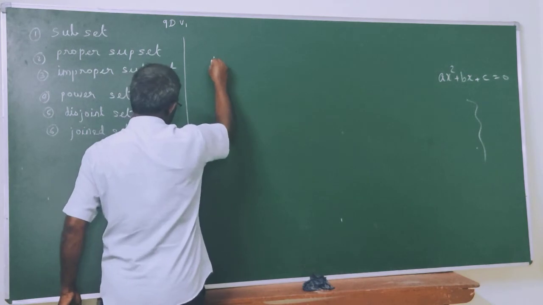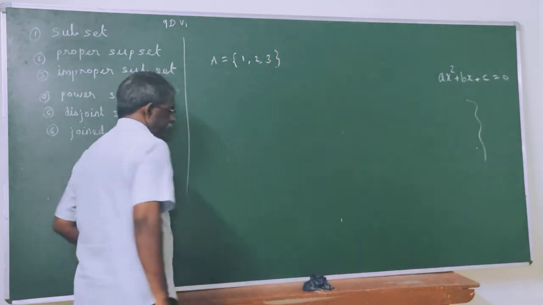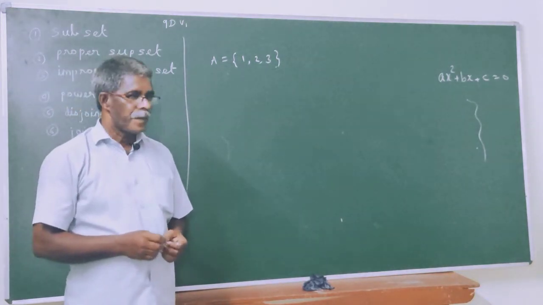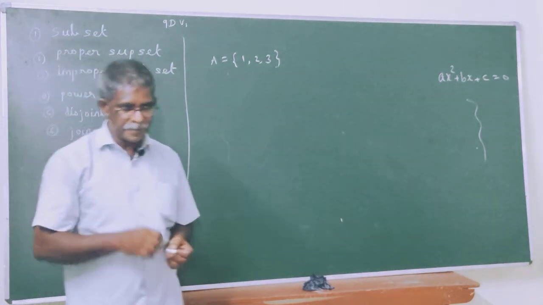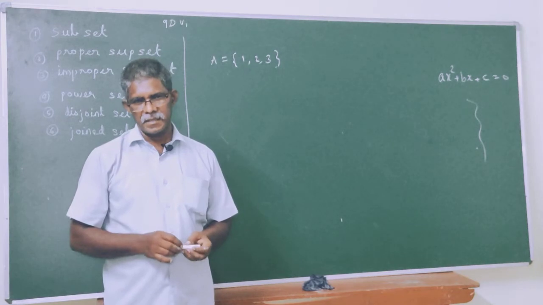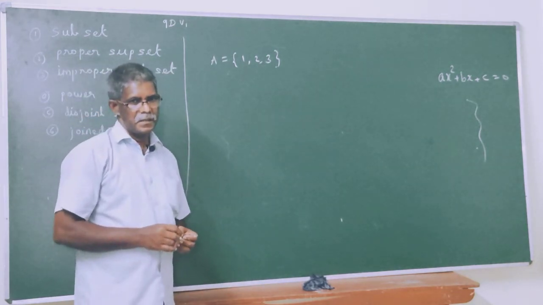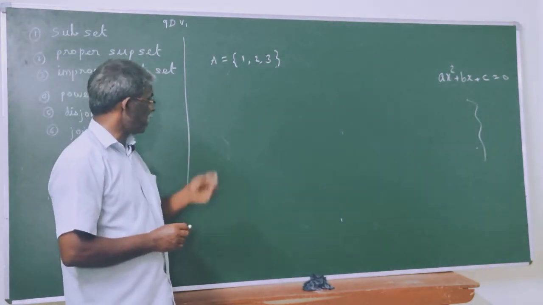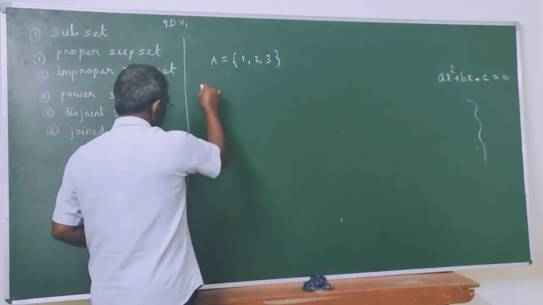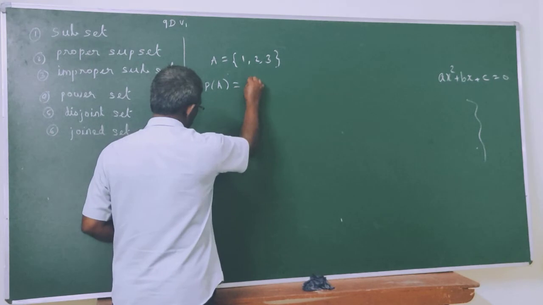Let us set A is equal to 1, 2, 3. Then power set means the set of all the subsets. If set A is given as 1, 2, 3, then P of A, the power set of A, is equal to